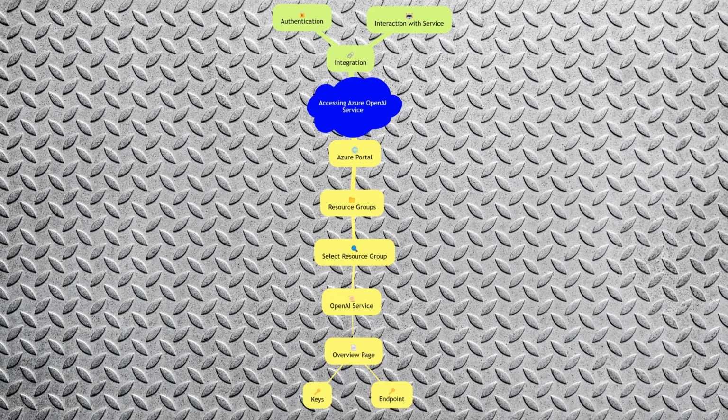Navigate to the Resource Groups section and select the resource group containing your OpenAI service. Click on the resource to open its overview page, where you can view details such as the endpoint and keys. These are essential for integrating the OpenAI service with your applications, as they allow you to authenticate and interact with